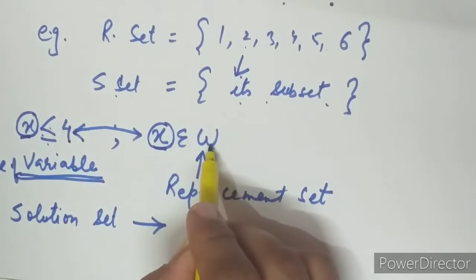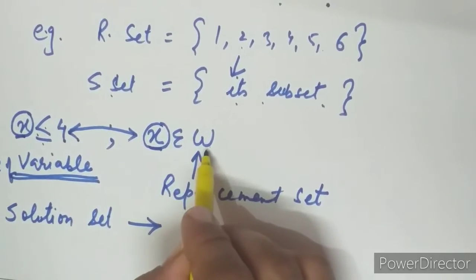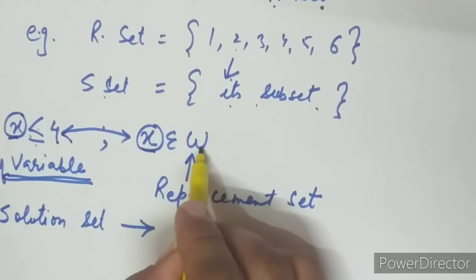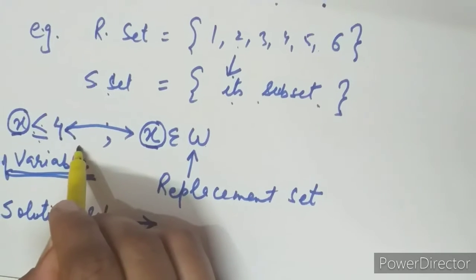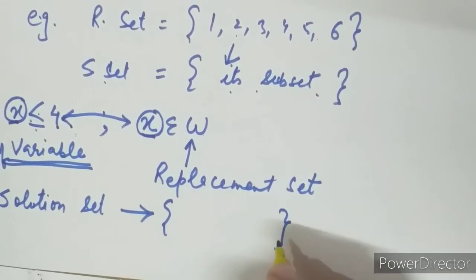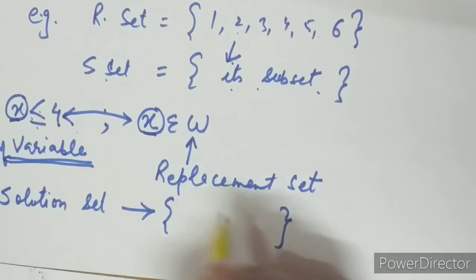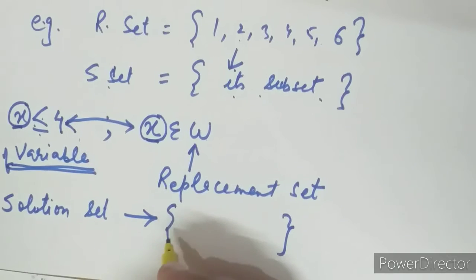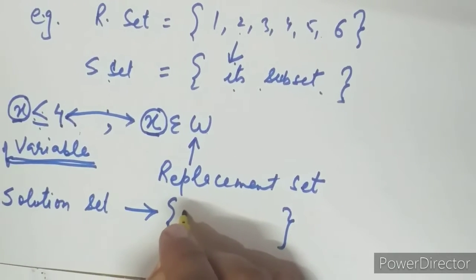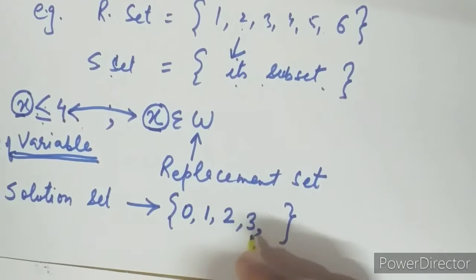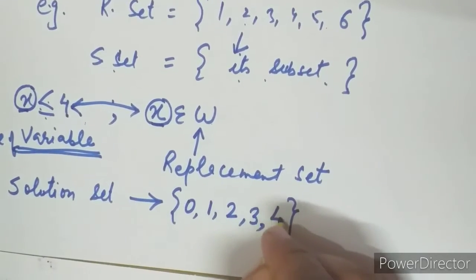The bigger set is this. So first of all, always see the whole numbers. Always see the bigger set. That x belongs to whole numbers and x is less than or equal to 4 means that the solution set will be simply, you can very well imagine, those whole numbers which are less than or equal to 4. So the whole numbers start from 0, 1, 2, 3 and one more, 4, we have to take.